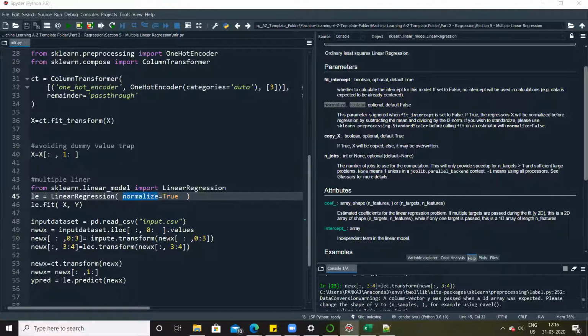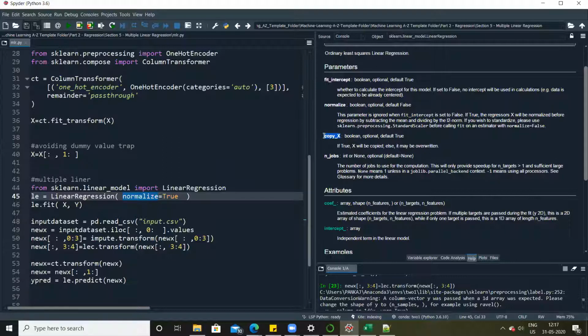Ashu, can you elaborate what you mean by copy underscore x? Parameter where? Okay, so this you are talking about, right?